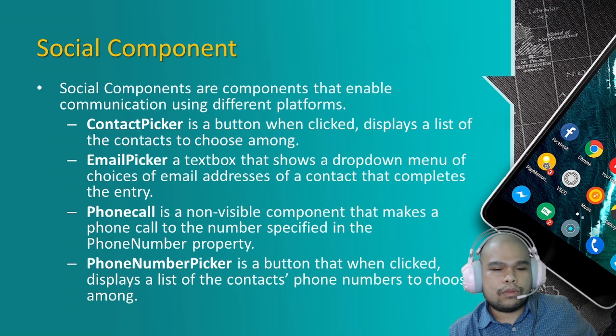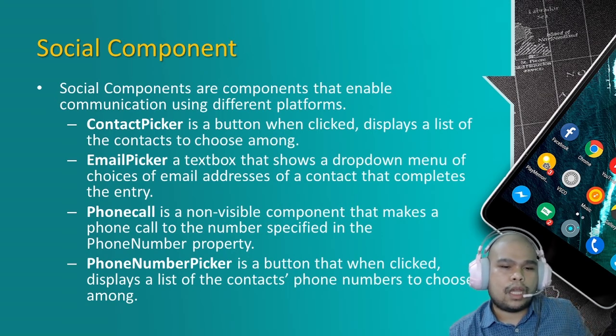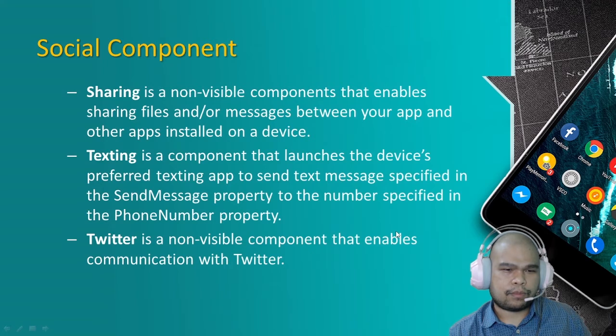So we have phone call, a non-visible component that makes a phone call to the number specified. Phone number picker is a button that, when clicked, displays a list of contact phone numbers to choose among. Sharing is a non-visible component that enables file sharing and messages between your app and other apps installed within the